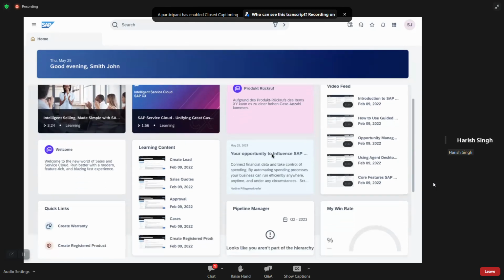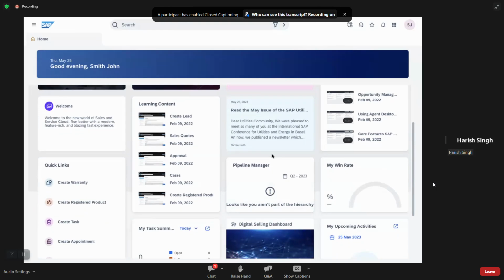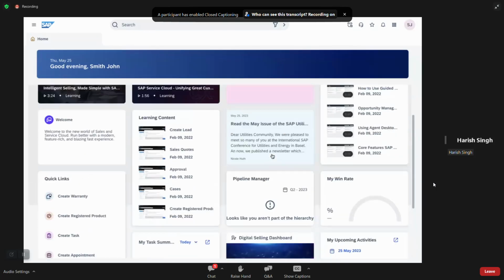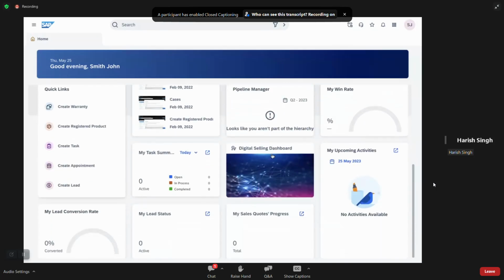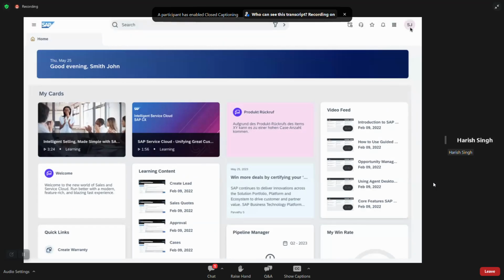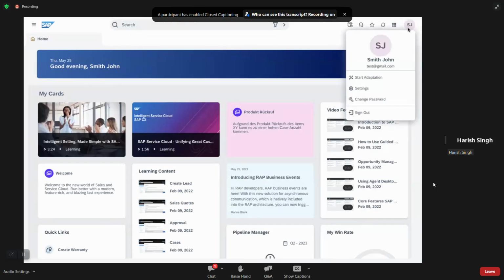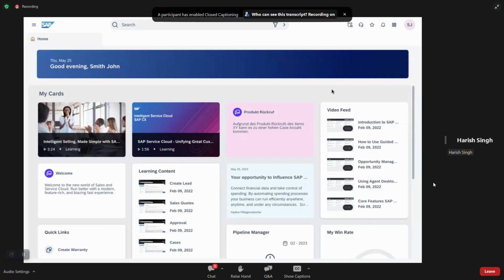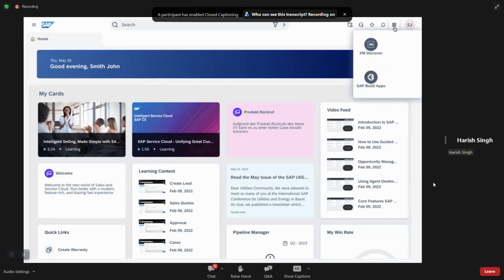Now you can see my homepage, which we also briefly glanced upon yesterday. You can see different tiles, different cards here. On the right side, you have the user menu. When you click that, you have the adaptation option, and we'll discuss this in a bit. You have settings. This is where all your settings are done in Sales Cloud V2. Before jumping onto that, we look at different options like different apps. So SAP Build app,